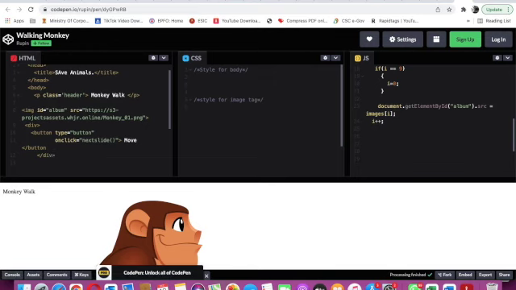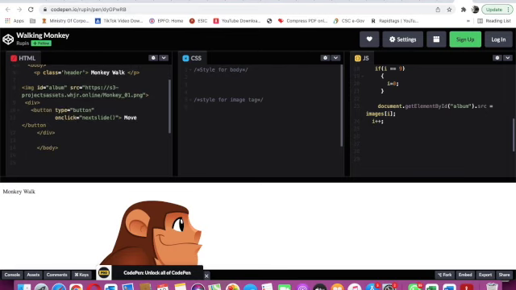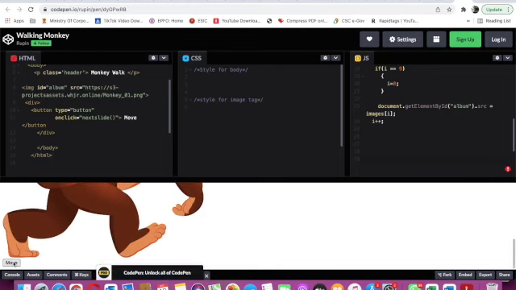Then I will give two times enter. Here I will close body. I will give enter. Then I will close my HTML. Okay, now we will see the button. See, button you can see. Button is there.